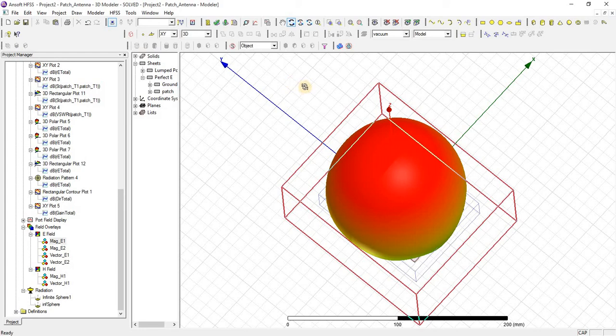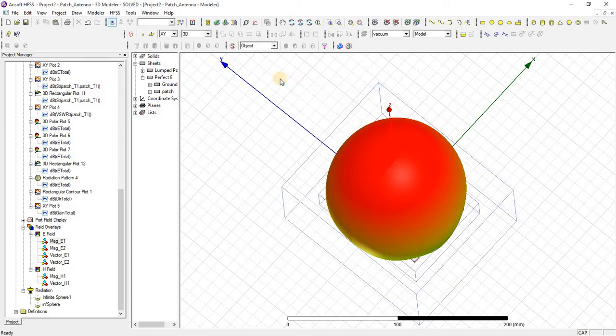Similarly, we will see other antenna types and different feeding methods, and we will see how we can improve these radiations, how we can increase the return losses, and how we can minimize the insertion losses.